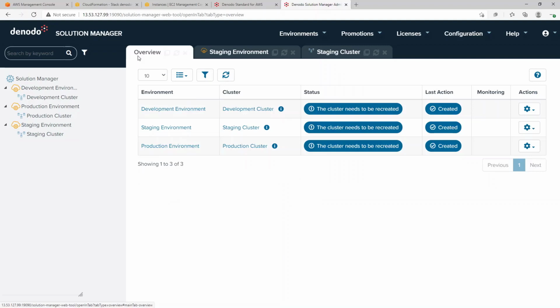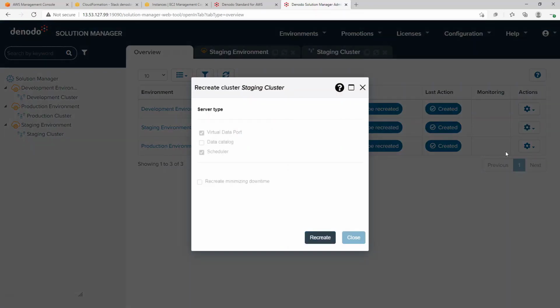Now, if we go back to the Overview tab, we can create and launch a cluster by simply selecting the Recreate option in the Actions column for the corresponding cluster. On the next screen, the Node components to be installed are shown: Virtual Data Port and Scheduler. Then, click on the Recreate button.